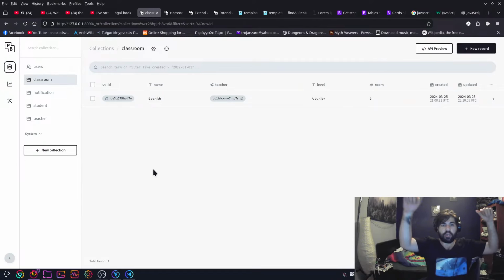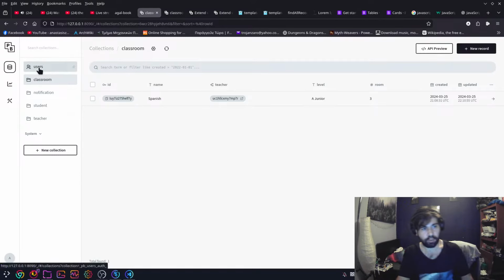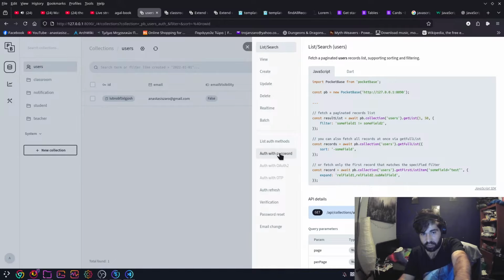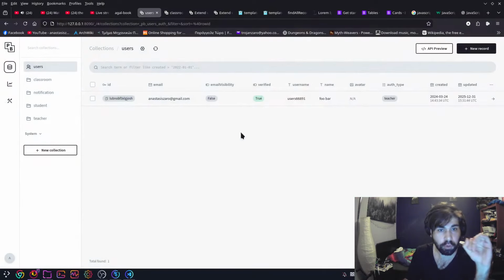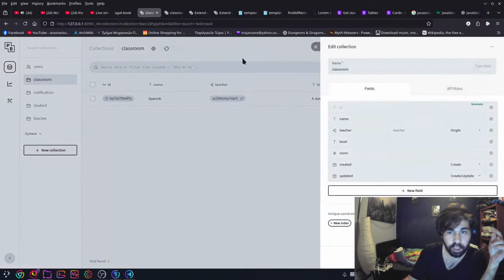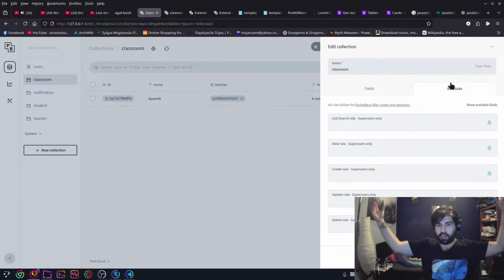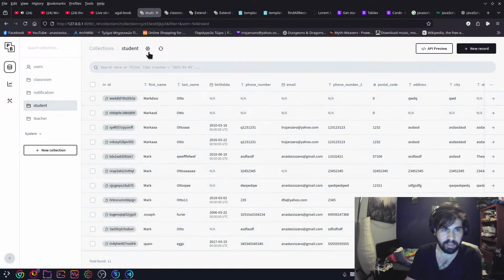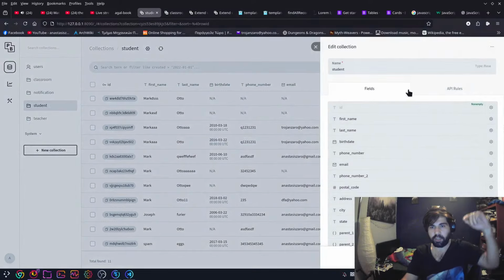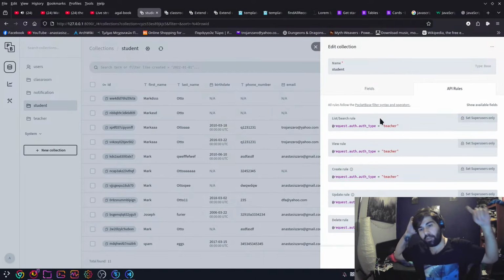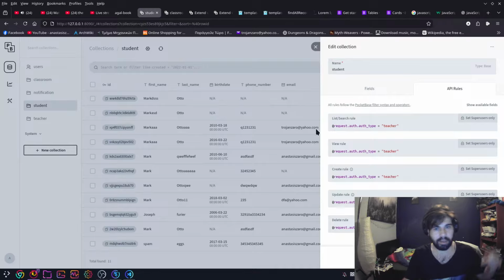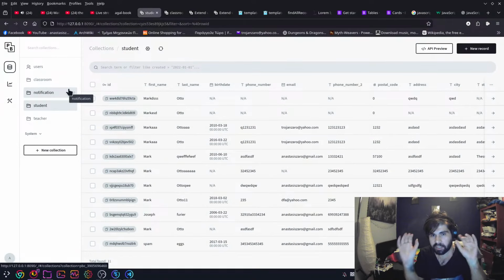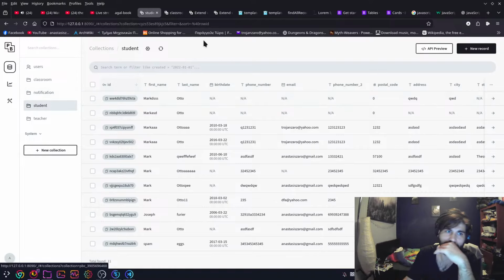The good thing about PocketBase is that you have an already existing collection with things for authentication and stuff, but also, check this out. Boom. You can do it on your collections. So teachers, students, and stuff like that. So we get collections, and you can add rules to them. Like, only teachers may edit, and only students may do, because you can do all that stuff server side as you want.